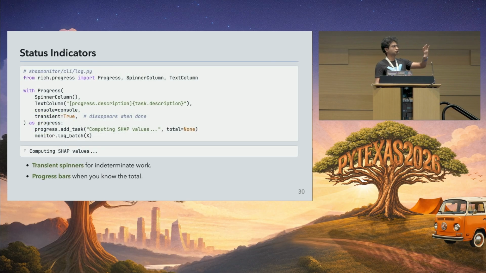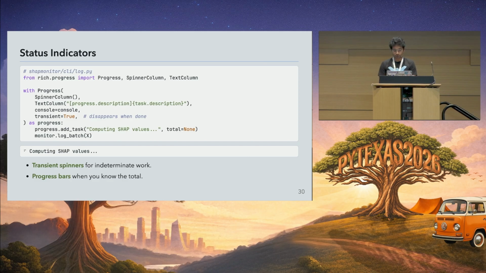You don't need to look too much at the code, but basically it gives us these functions for giving you the status of what is going on behind the scenes. Let's say a progress bar or a spinner column for indeterminate work. The code is very simple: you just add with progress, and then you add that task and you do that task.